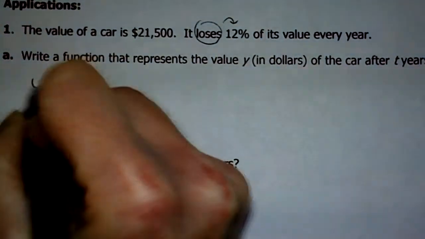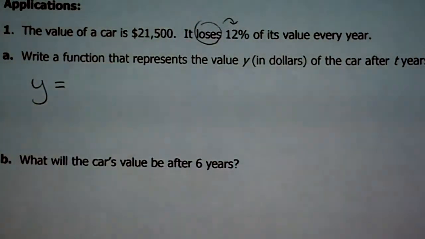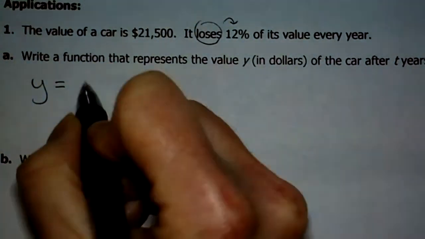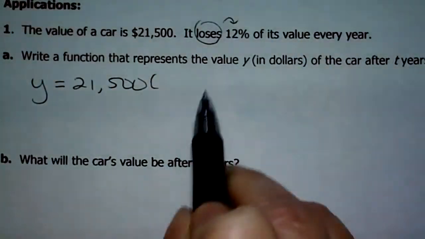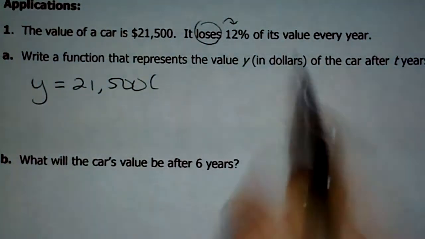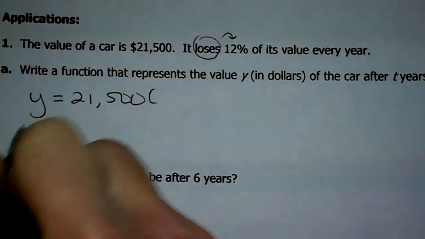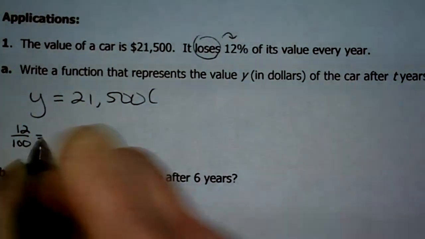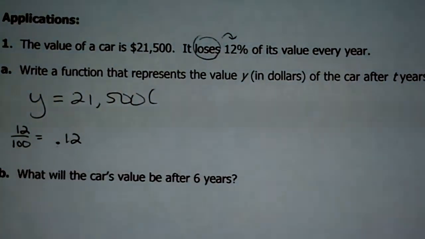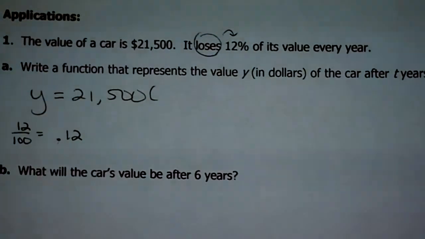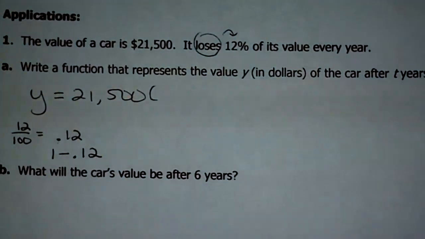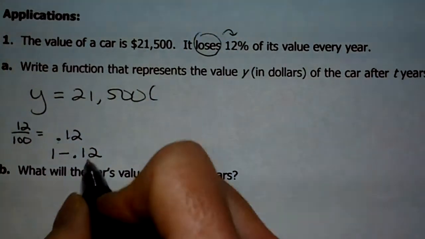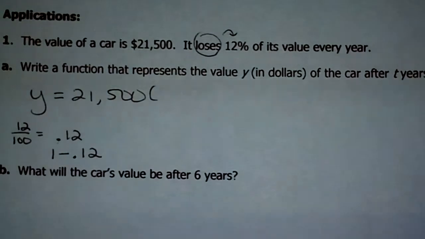So, I know it's going to be y equals, we're going to take the initial value, that's always A, right? Well, initially this car was worth $21,500. In order to figure out the B here, you are supposed to take the percent that's given, so I'm going to write that over here, divide it by 100 to make it a decimal. That's what you get, right? We get 12 hundredths, and now to figure out what to put inside there, I'm going to subtract it from 1. Don't do it the other way around. You're going to get a negative number, and that will be very strange. So when you take 1 minus 12 hundredths, you end up getting,